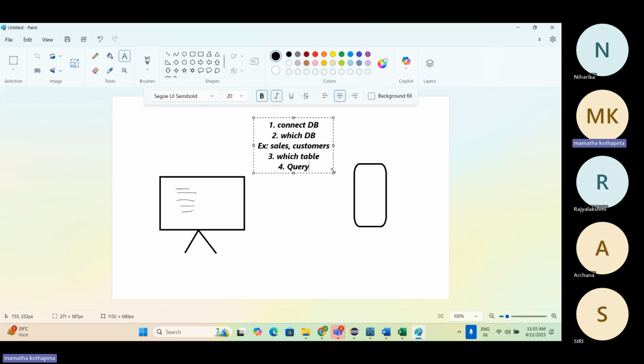So I'll first connect with the DB. Once I connect to the DB, I'll go to the respective database and select a particular table, then write a query, then pick the data. Right? In the same way, now I have